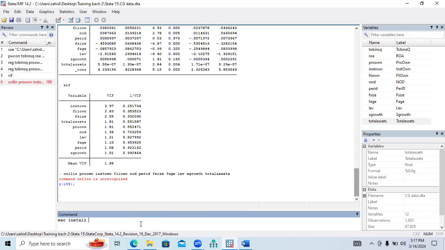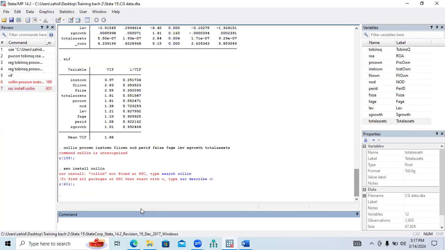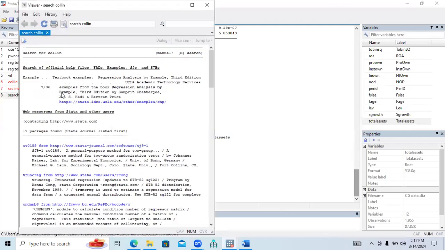SSC. Whenever there is an absence of a command, try to search for it from here. I need to see whether they have applied this command or not. So they have provided me two options on how to run this procedure. I need to get this